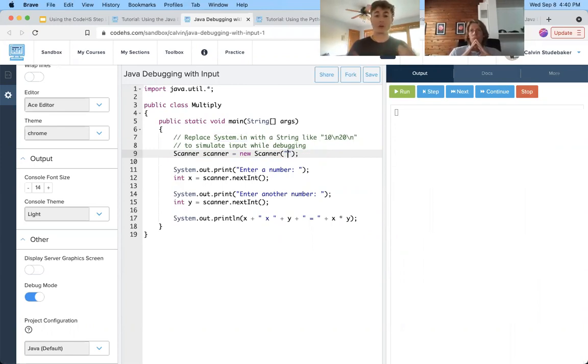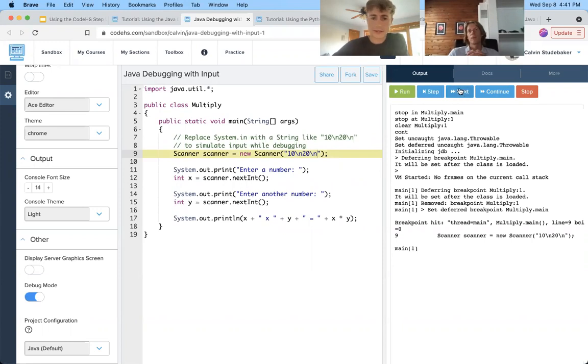So this is a really common strategy with debugging. You're going to control the inputs that are given anyway. And so this is a way for the programmer, for the student, to define what the inputs are going to be. So instead of, while the program's running, type in a 10 and a 20, I'll provide a string that's a 10, a new line, and a 20, and a new line. So now the scanner is just going to eat through this input as the program runs. So now if I run this,